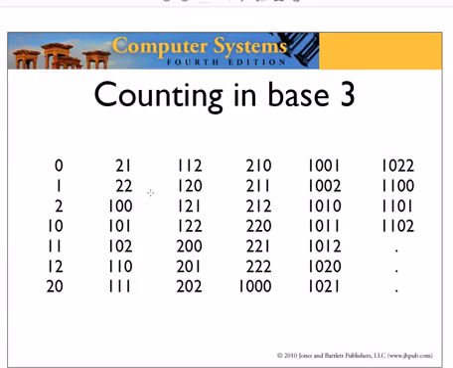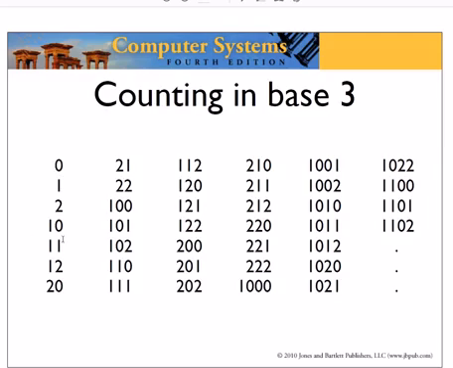In base 3, again, very similar. But now I only have 0, 1, and 2. Add 1 to 2, I have to go back to my 0 and put a 1 in front. 10, 11, 12. Add 1 to 12. There's my 0, and now I put a 2 in front. 20, 21, 22. Now I add a 1 to that, and I get myself into a bit of a mess because I can't just go back to the 0 and stick a 1 in front again. I have to put a